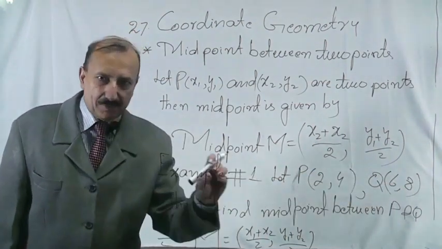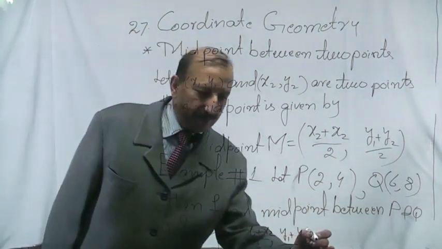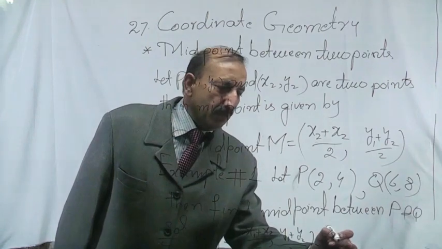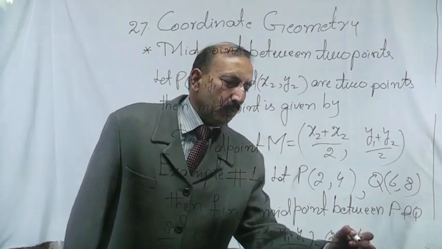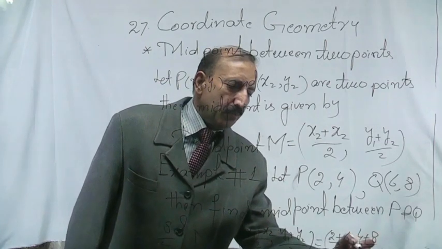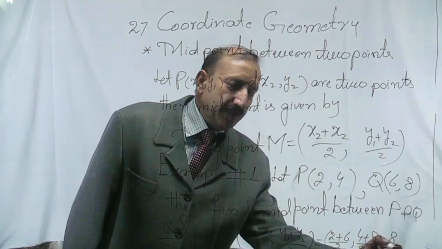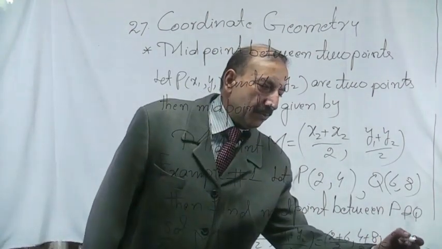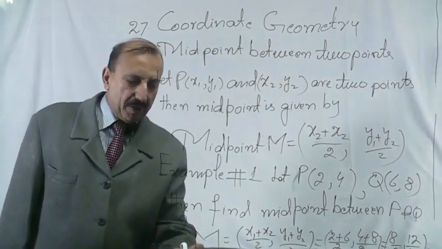We will substitute these values in the formula and simplify. This will be equal to 2 plus 6 divided by 2, and 4 plus 8 divided by 2, and this will give you 8 divided by 2, and this is 12 divided by 2, and finally your midpoint is